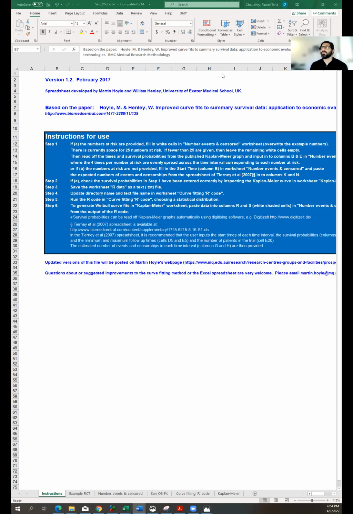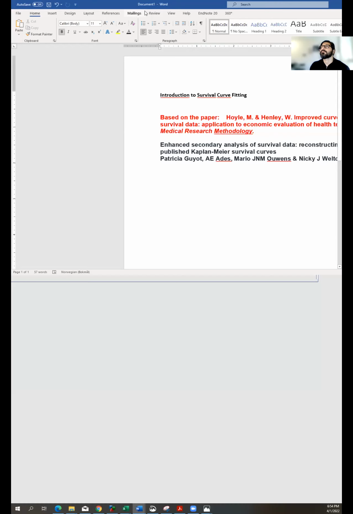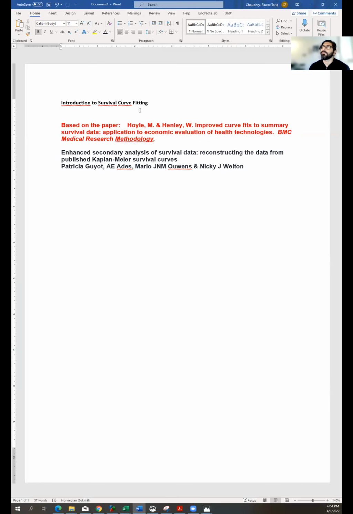Hi everyone. Within this tutorial, I would be talking about an introduction to survival curve fitting. For this specific tutorial, I would just be concerned with this specific paper by Hoyle and Henley for improved curve fits to summary survival data. It comes along with an Excel template that you can basically use to take the extrapolated data from the Digitizer app and fill in the information within the Excel sheet, which I would just show